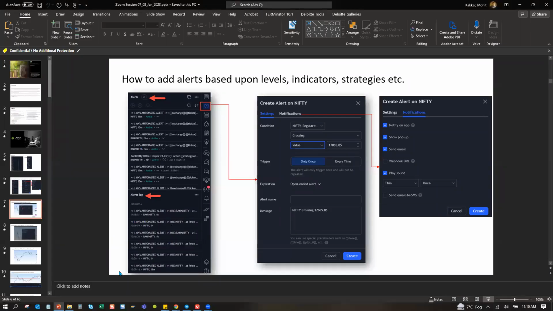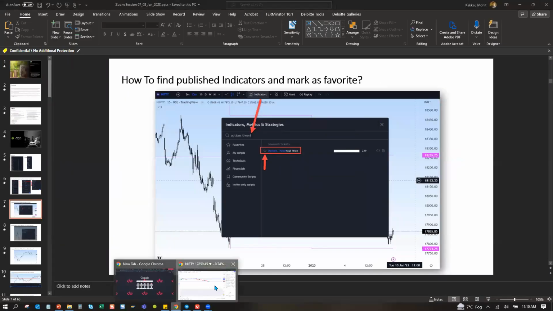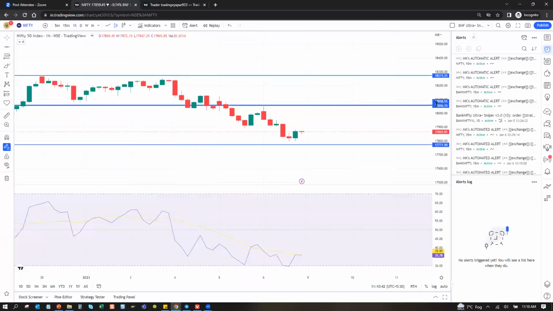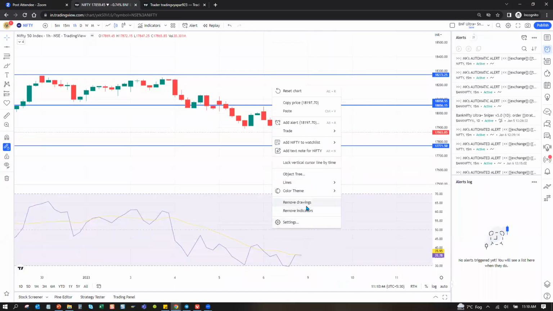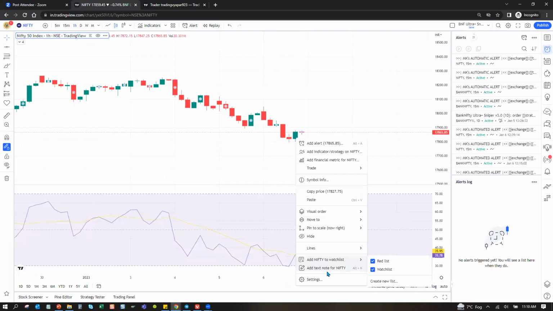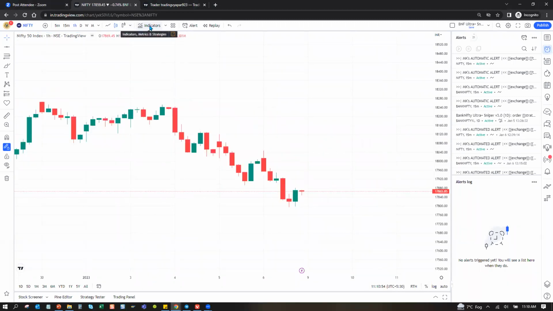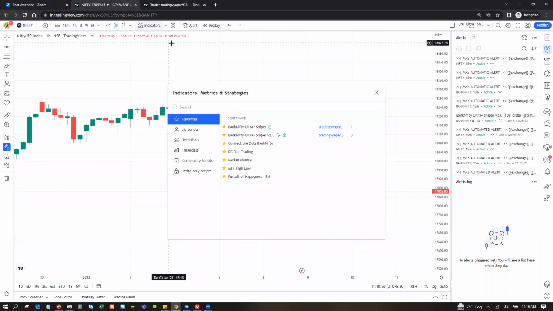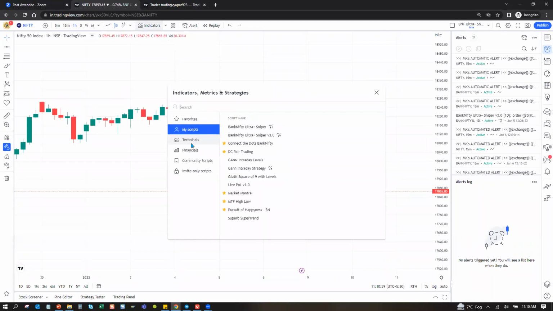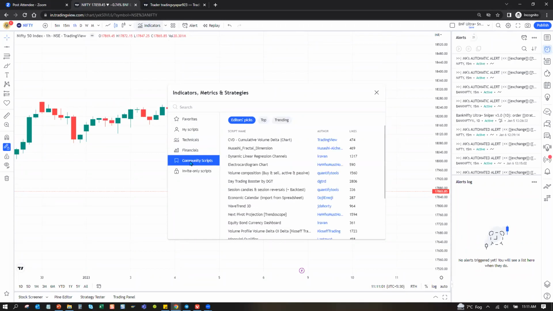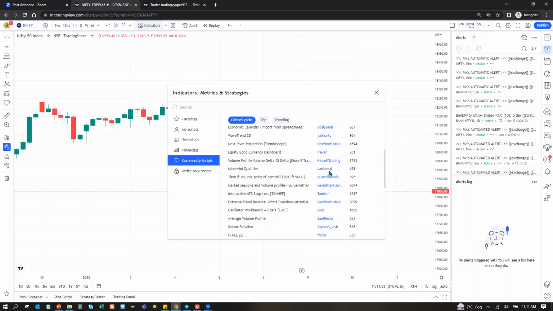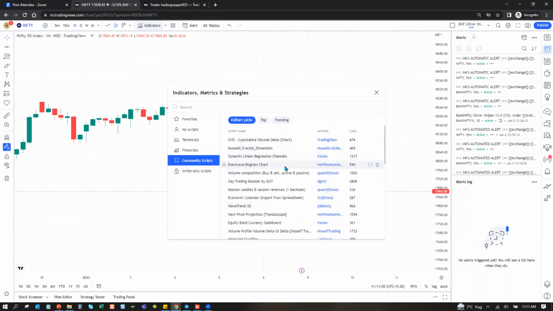Now let's jump into the system. Say, for example, let me just remove drawings and remove indicators, and I go to indicators. Now this is community scripts, meaning people have published a lot of stuff already.